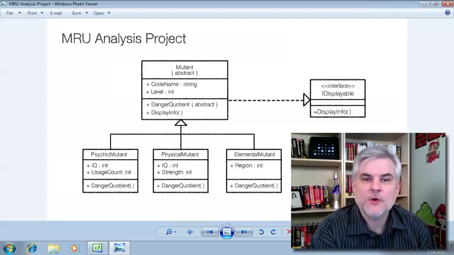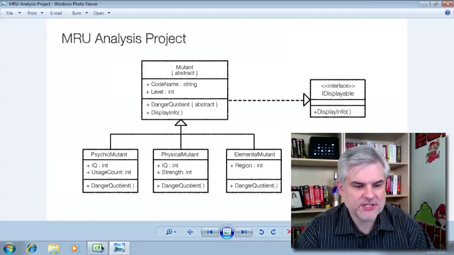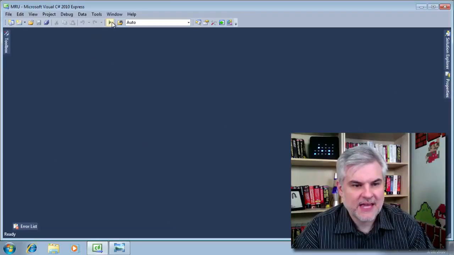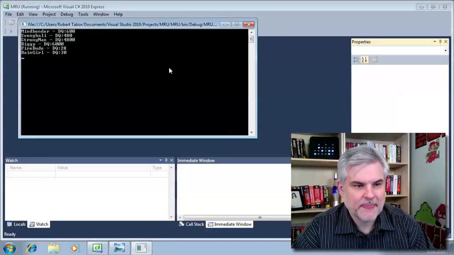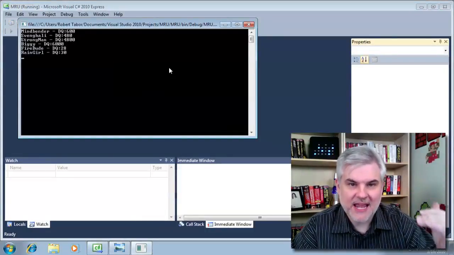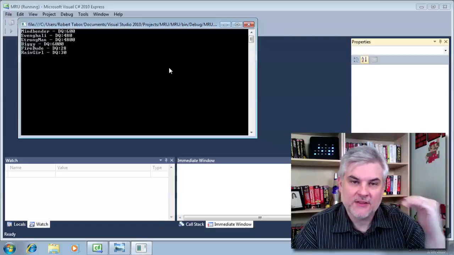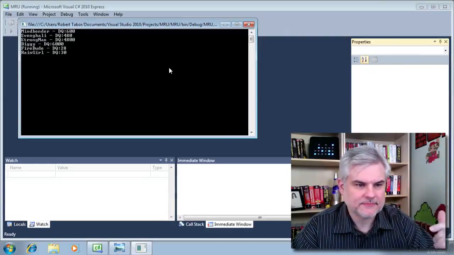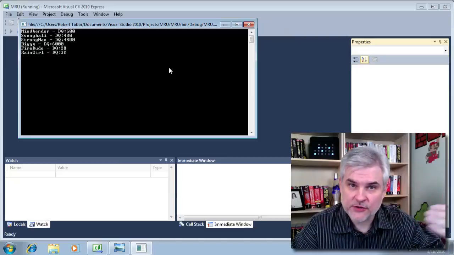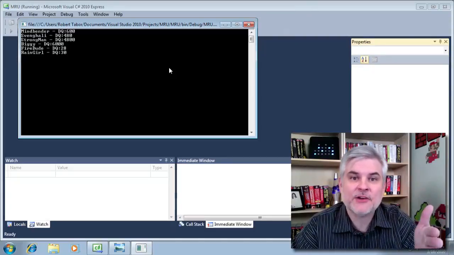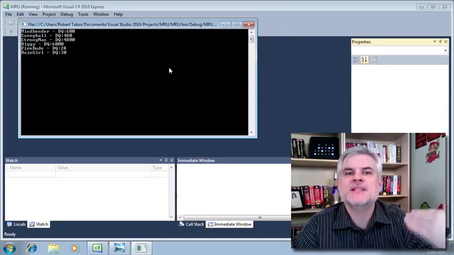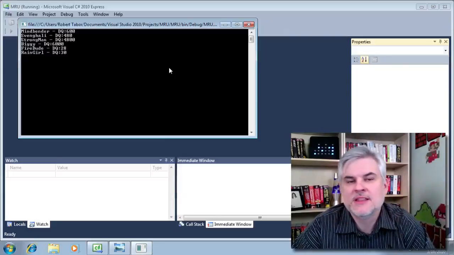Okay, so hopefully that gives you enough information. Here's the ultimate output of the application as I built it. So we get the name of the mutant, the code name, and then DQ, danger quotient, and then whatever that calculation comes out to be